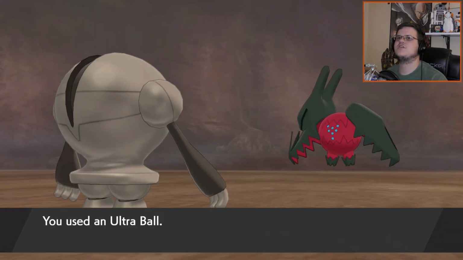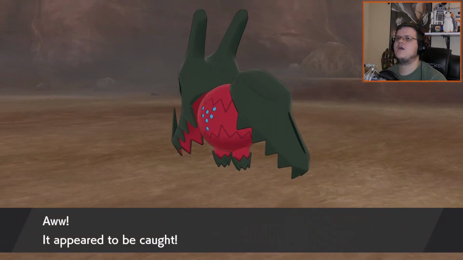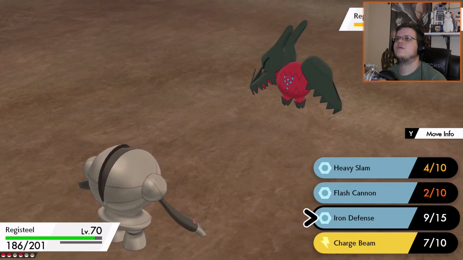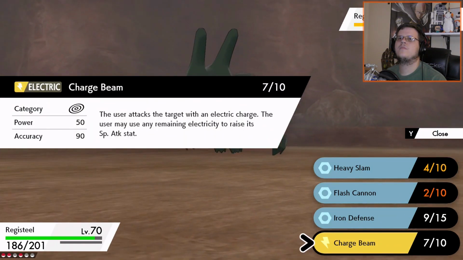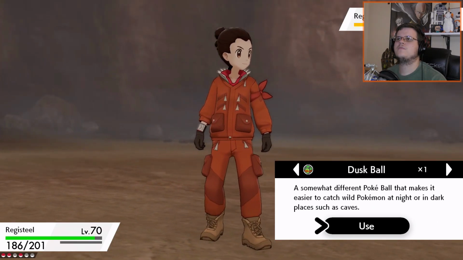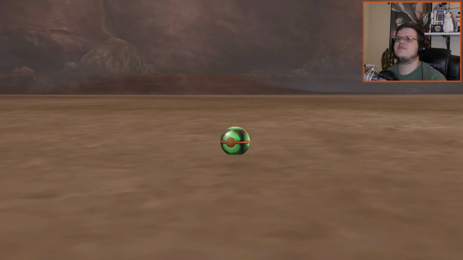Ultra Ball, my last one. Let's hope this one lands. Aww. You couldn't have played nice, really? Yep. Move info. Bag. I don't have anything that can... Dusk Ball! I don't have much. I've wasted all of my...